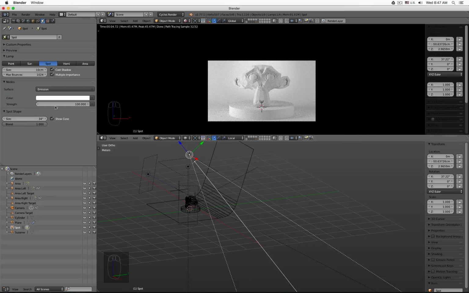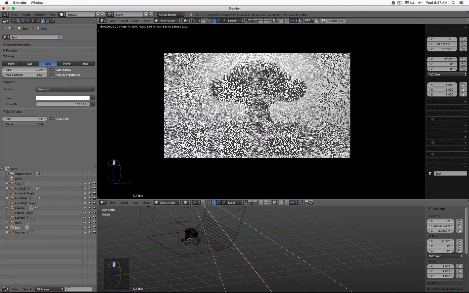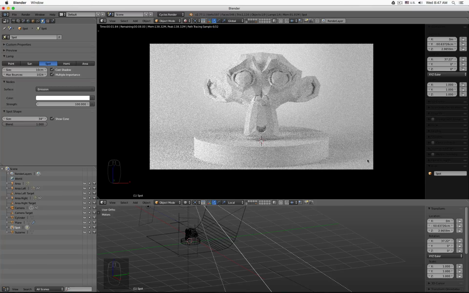So the last thing to cover now is rendering size and sample settings, etc. And then how do we do the actual rendering? Because currently this is all just a preview. And you see this is kind of grainy. And if you take a look here, it says path tracing samples 32. So